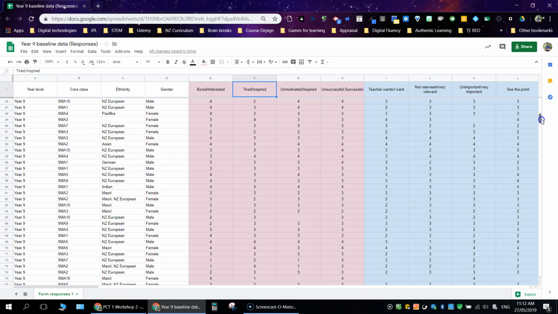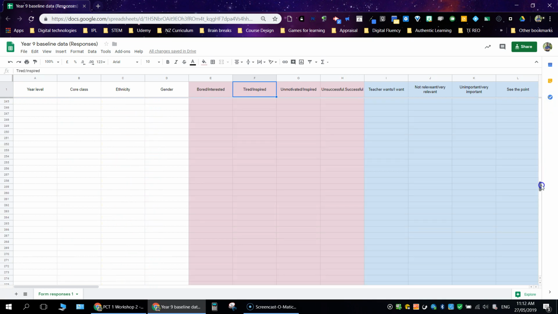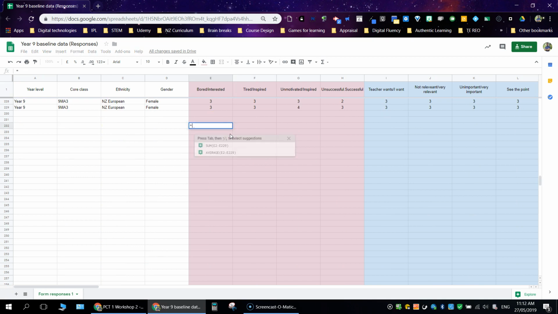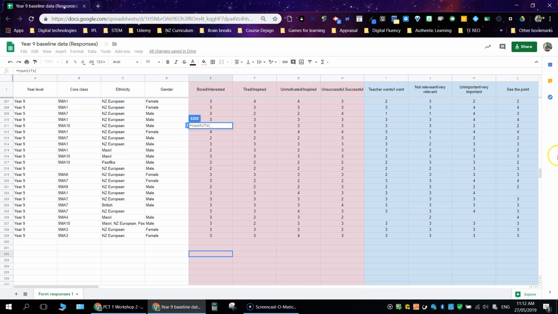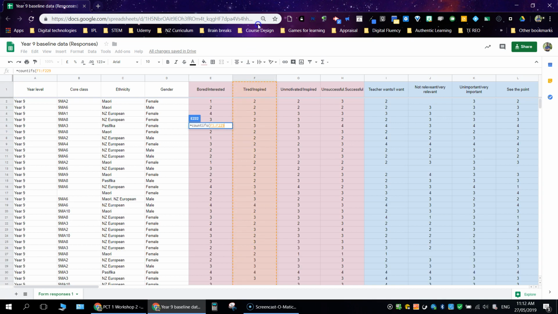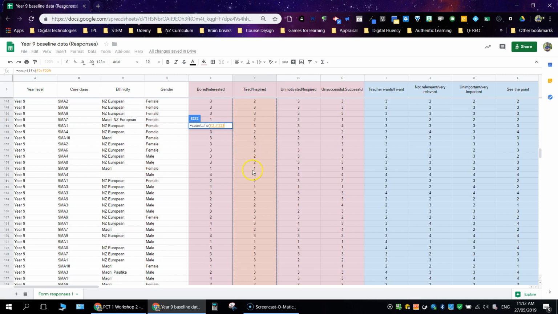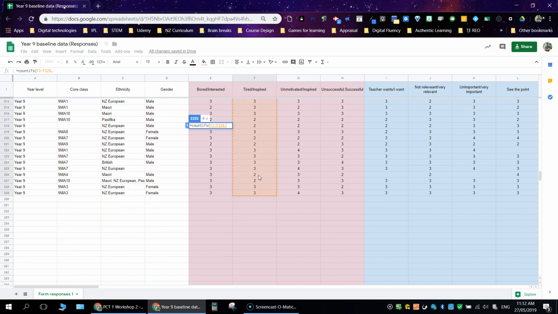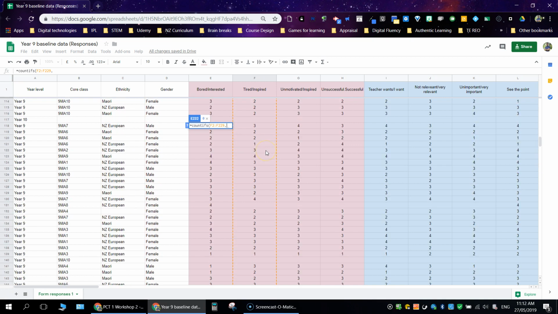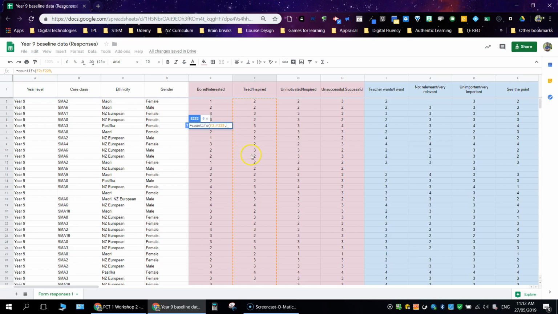So to do that I'm going to use the countifs function. So just coming down the bottom here, find an empty cell. I'm going to type equals countifs and open a bracket. So the spreadsheet now is asking me to select some data, and within that data select a type of response. So I'm going to select in the tired inspired column all the data I can, and that should tell the spreadsheet check this column, press comma,